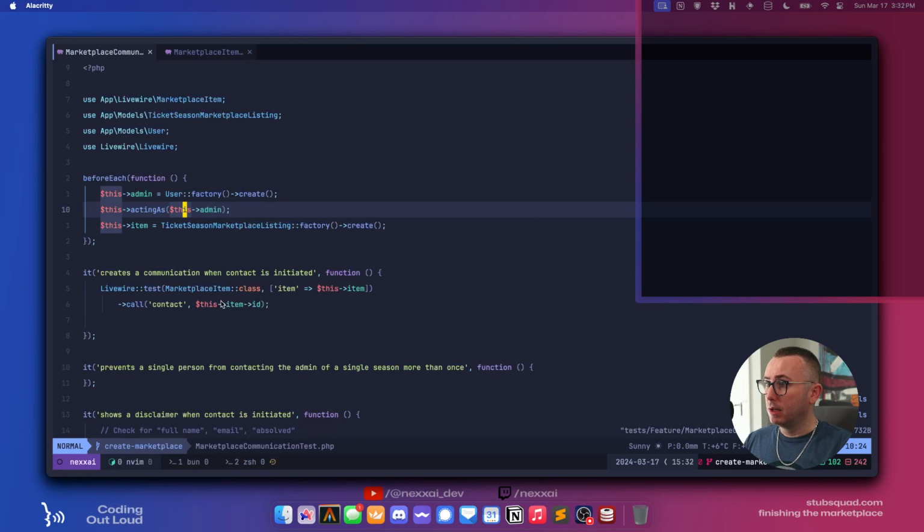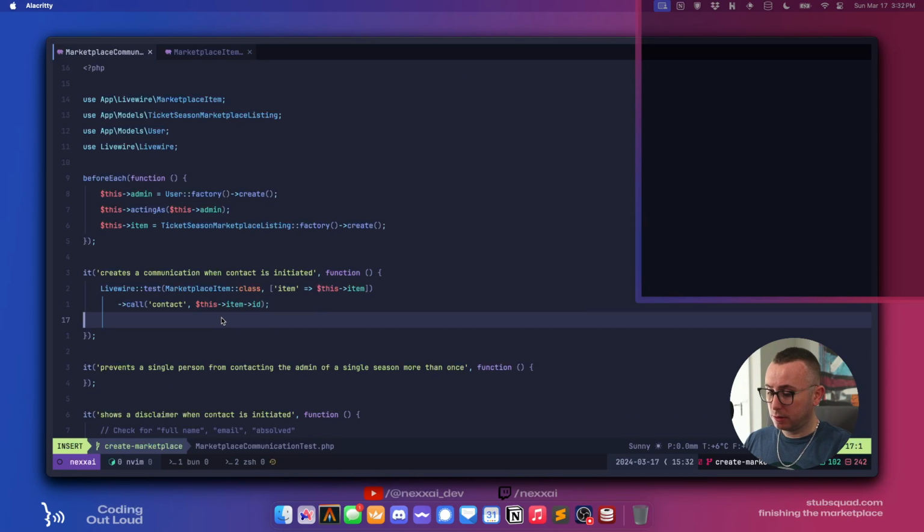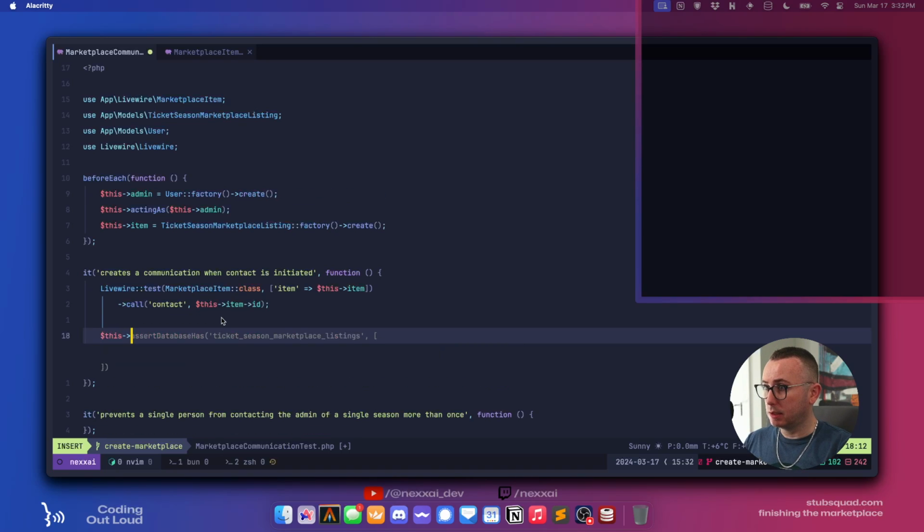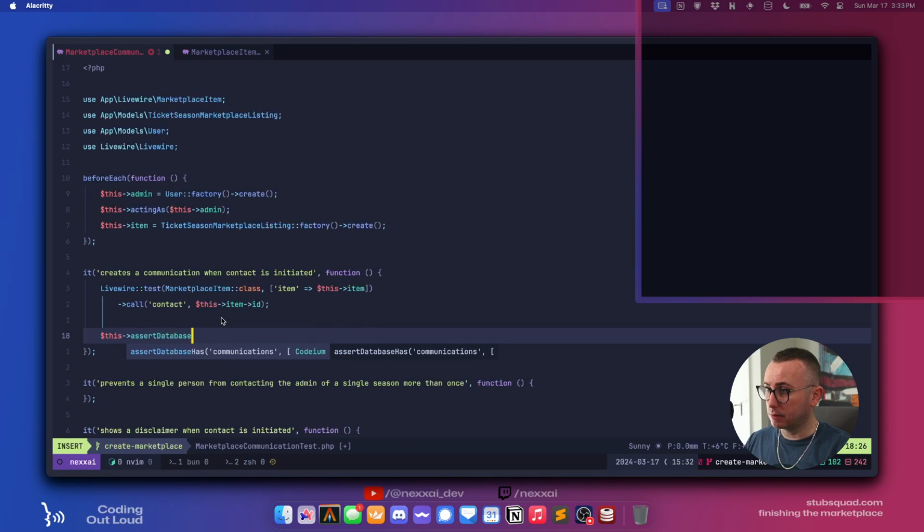Okay. So we want to this assert database has, but not what it is filling in there. So assert database has, and we want to say ticket season marketplace communications.